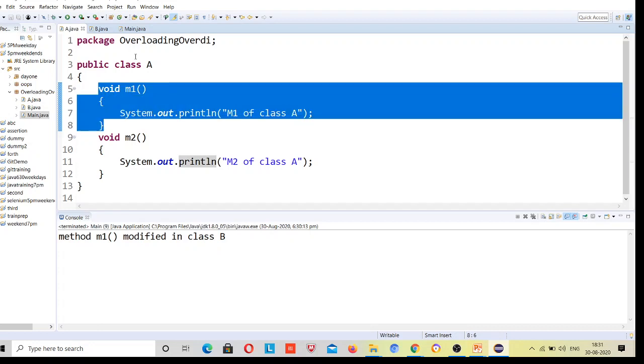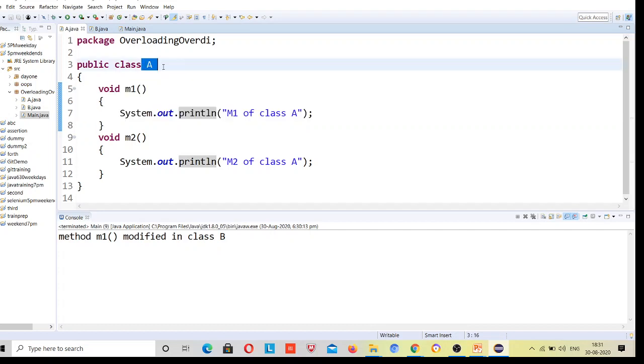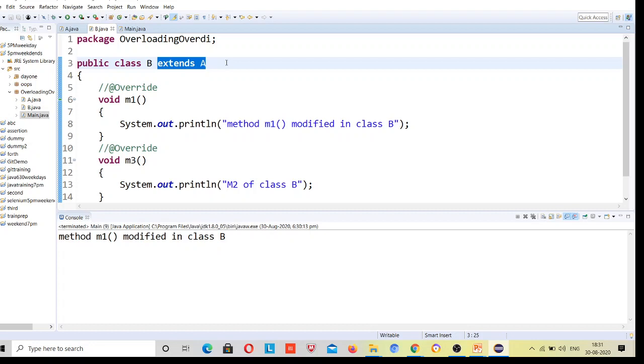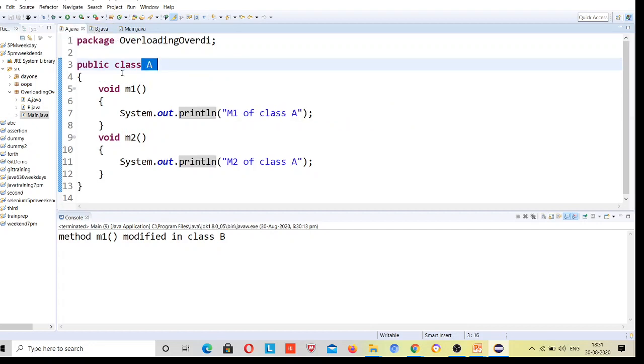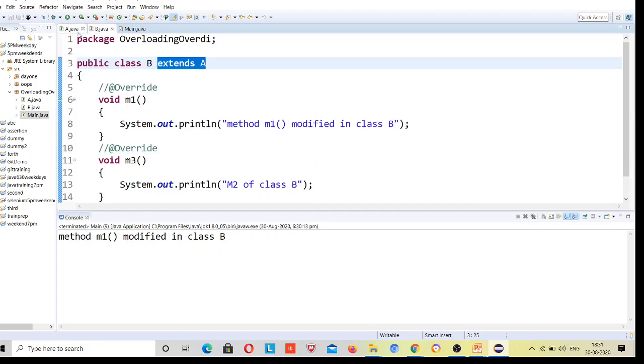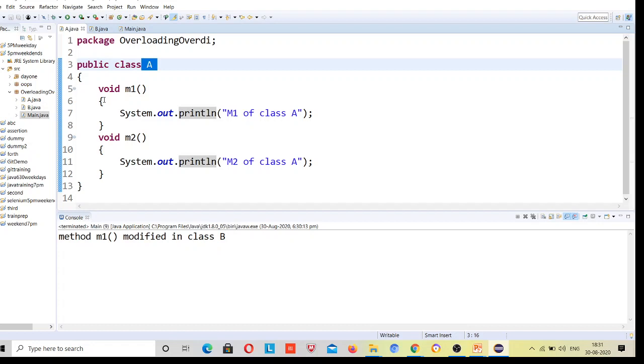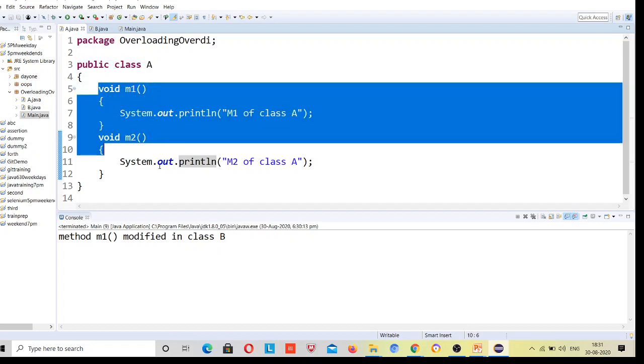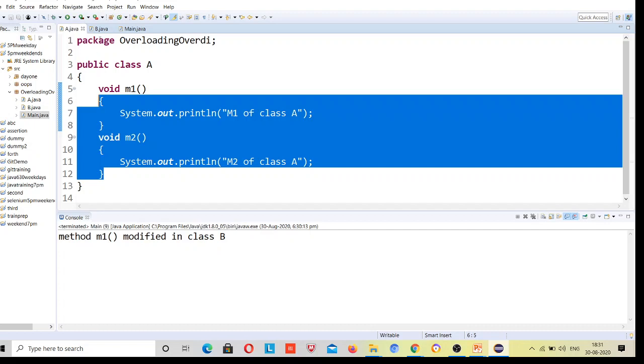Either you have to directly call this class and call this class method, or you don't need to perform inheritance over here. So suppose you have such a need, as per the need you can do that. Suppose thousands of classes will be extending. I am making a game and I have five types of players in that game, so five classes will be there which will be extending class A. So you can directly call this class A.